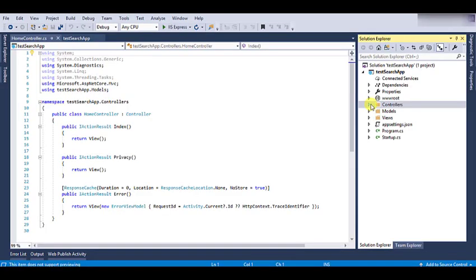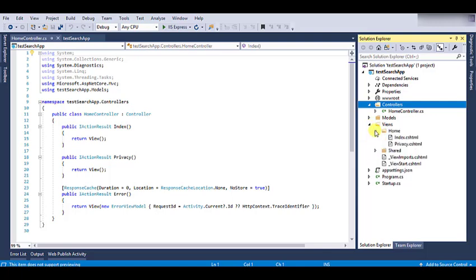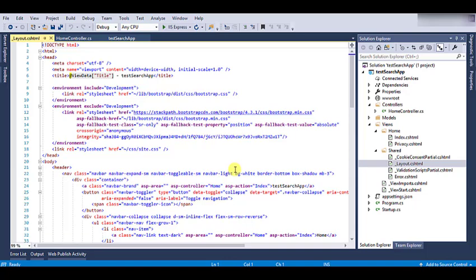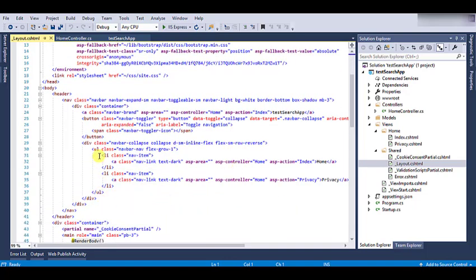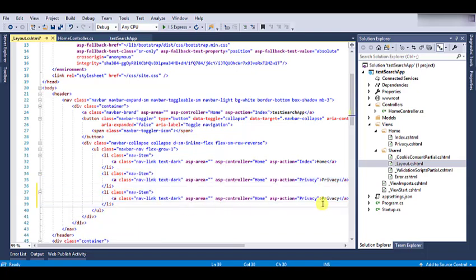So in our project, we have one home controller present, and also in the views section we have the views for the home controller as well as we have some shared views. So firstly we will go to the underscore layout file, and here we will see that we have two menu options already created, one for the home, other for the privacy. What we will do is we will copy and create a new menu item with the name as search. So we need to change the action name as well with the name as search. And now let's save it.